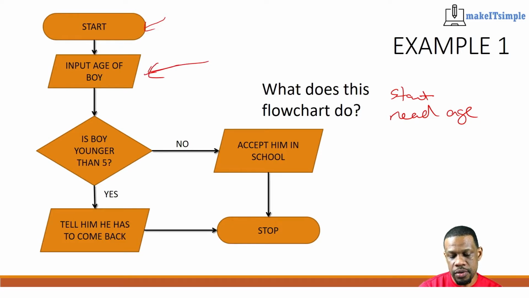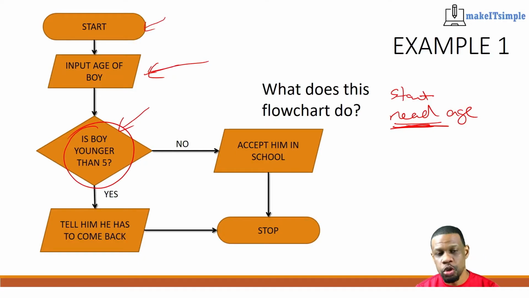And the reason it's a read is because we're using a parallelogram, okay? Now, the next thing is a diamond. A diamond will make a decision based on a condition. So let's say this condition is: is the boy younger than 5? There are two possible options that you could get from it. You could get a yes, the boy is younger than 5, or